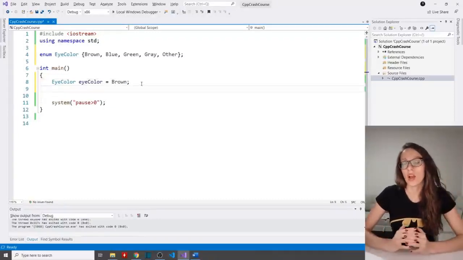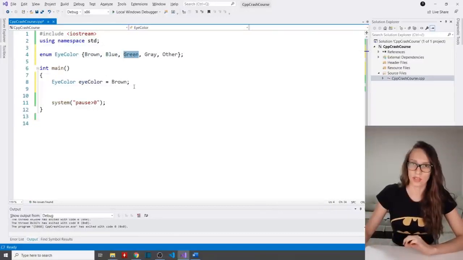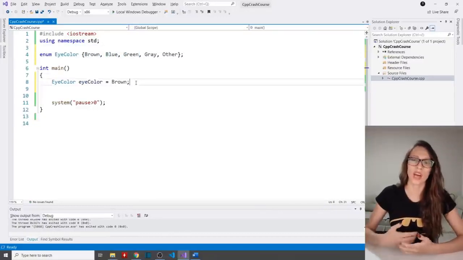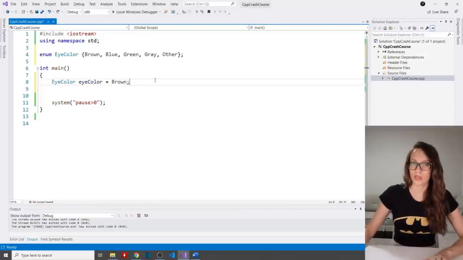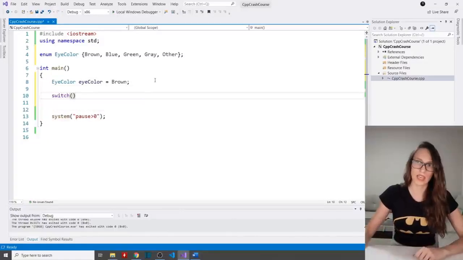Okay, and now I want to show you how you can use switch case in order to check for all of these 5 values, and then write out how many other people have that particular eye color. In order to write your switch case, you say switch, like this, and then here in these parentheses you put the variable that you want to check, like this.